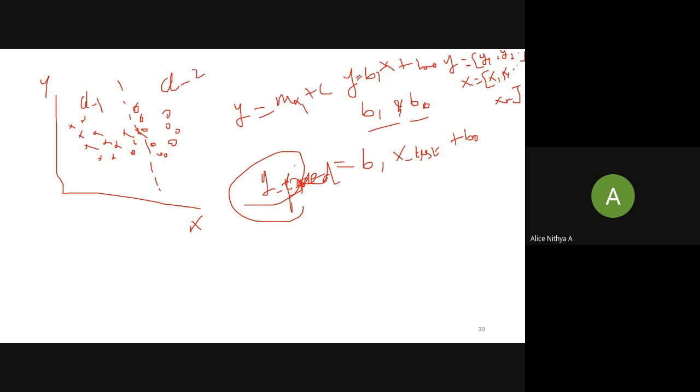You have several high-end models also, depending upon the slope or the curvature of your, what to say, the degree of the polynomial of this equation. It can be changed to quadratic equations also. Okay,